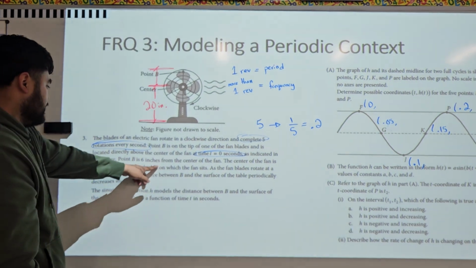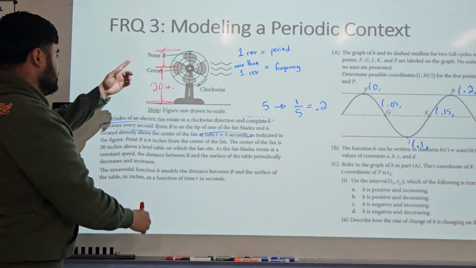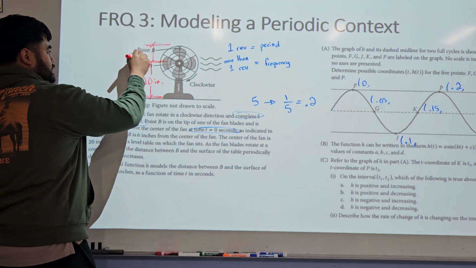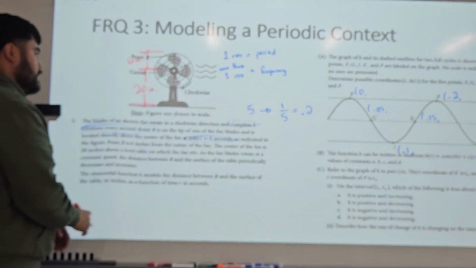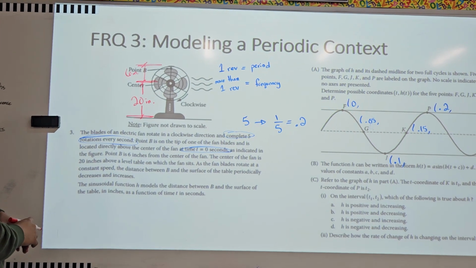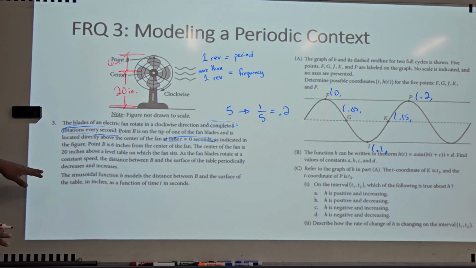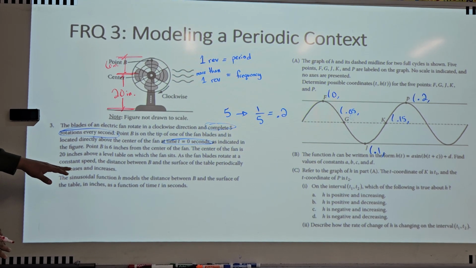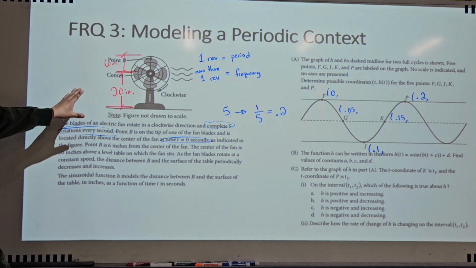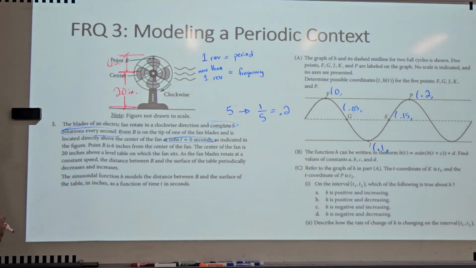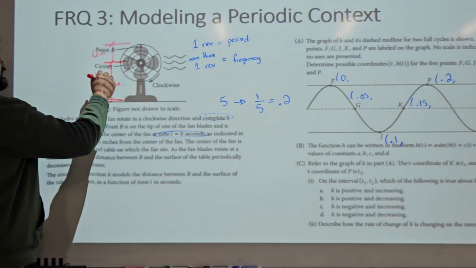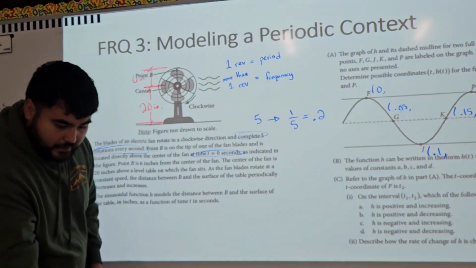It's going to be 6 inches from the center of the fan. So from here it's 6 inches, right? Now, going based on this, let me carefully look at it. The center of the fan is 20 inches above the table which the fan sits. So here it is, right? In the very top, in the very maximum, you have literally